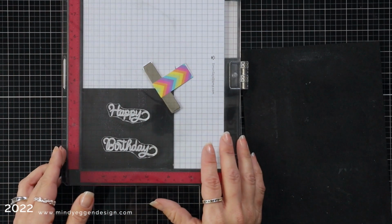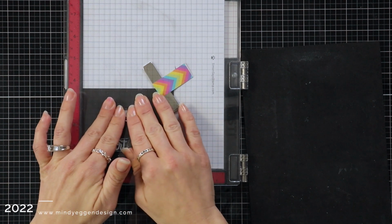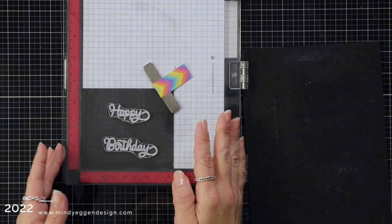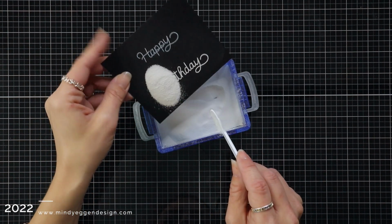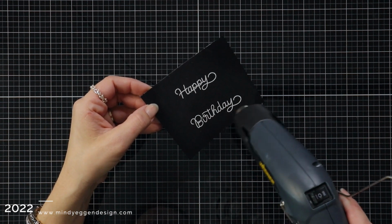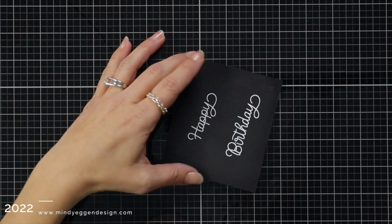And when I stamp this down, I'm just going to press gently. I would rather stamp it twice than push too hard, because otherwise you're going to squish your letters and distort that. But I was really happy with the first impression. So then I'm going to sprinkle on white embossing powder and tap off any of that excess. I'm going to melt that embossing powder with my heat tool, and once it's cooled down after about 25-30 seconds,